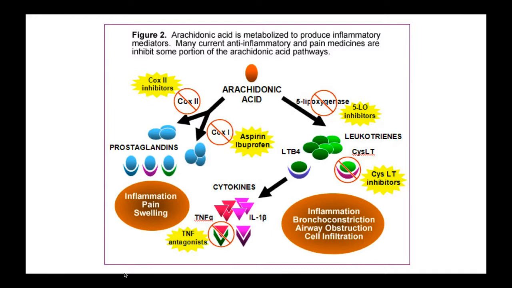Now, to the right, arachidonic acid can be converted to leukotrienes, and leukotrienes are also involved with inflammation, but typically inflammation around the airways, like the trachea and the bronchi. So you get airway obstruction, you get asthma, you get that wheezing effect when the airways get blocked. So people that are asthmatic take these leukotriene blockers. They take these LOX inhibitors so that they don't get airway constriction.